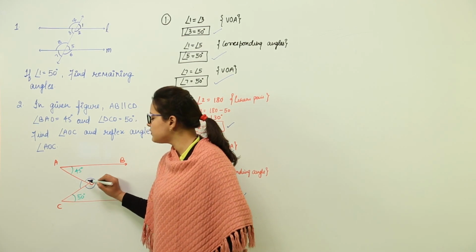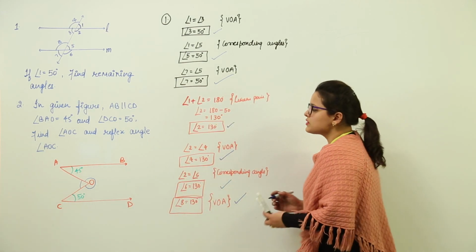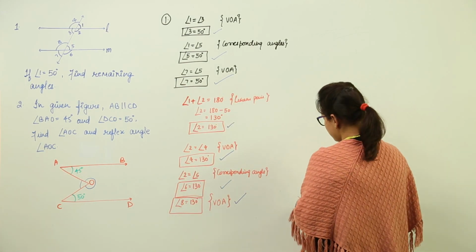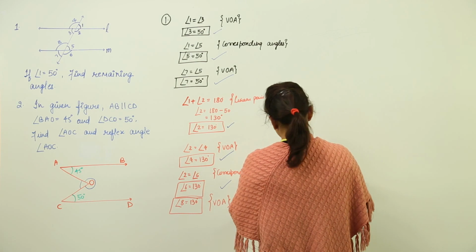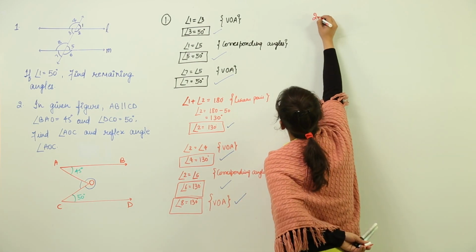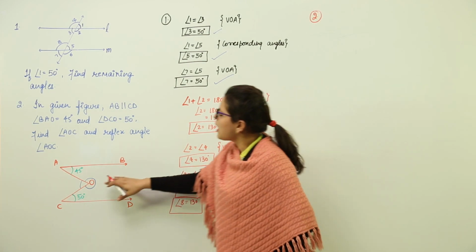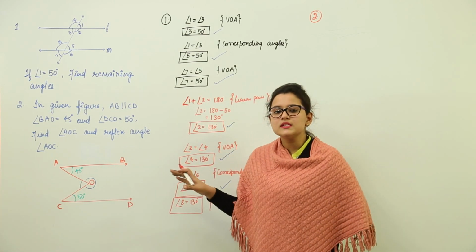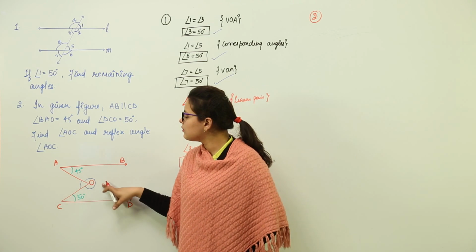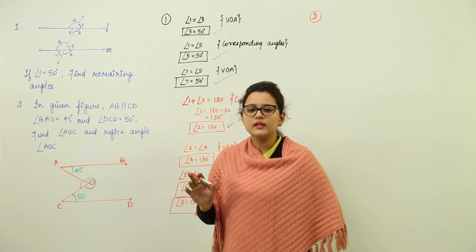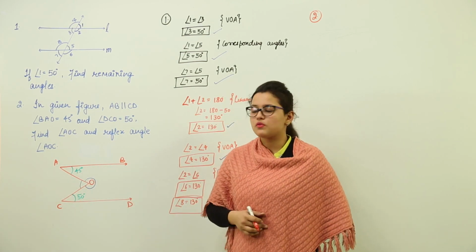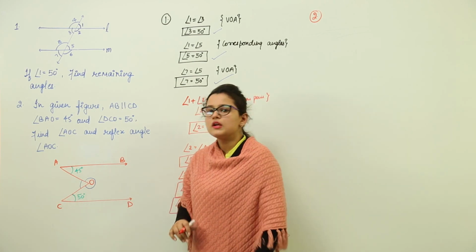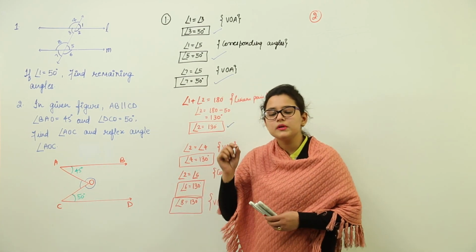That means this is the reflex angle to be found. So first of all, we'll start from the second one, that is, as we discussed earlier, how to find out these unknown angles. Now for this unknown angle, we have nothing given. We have no alternate angles forming, no corresponding angles forming. How should we do this? For this, we are going to do a little bit of construction.